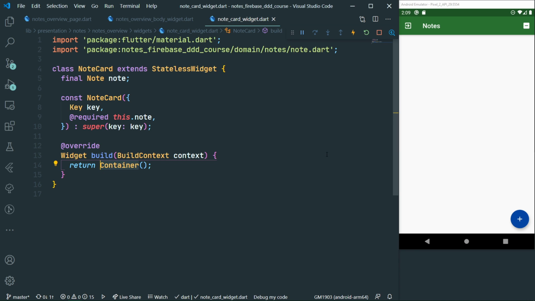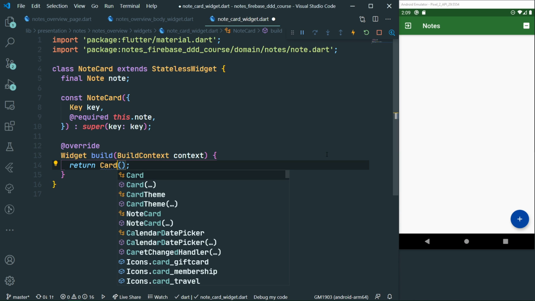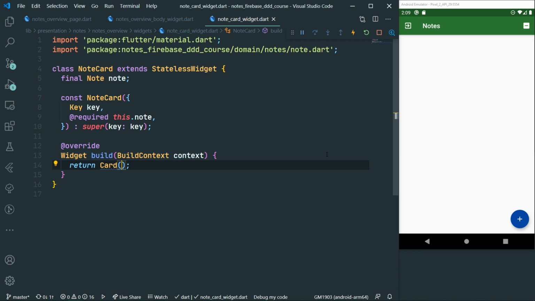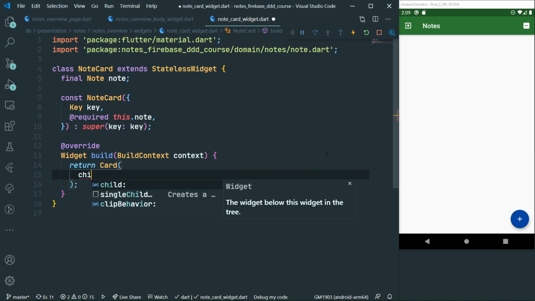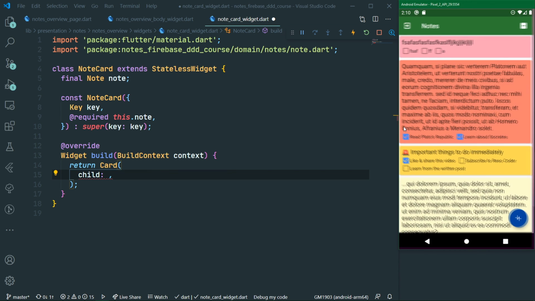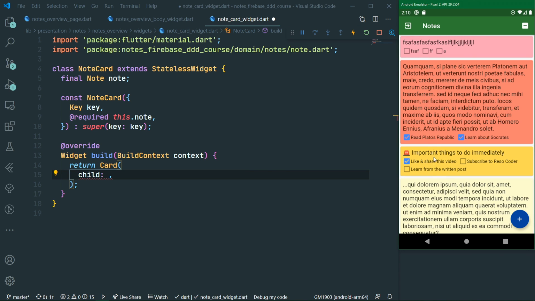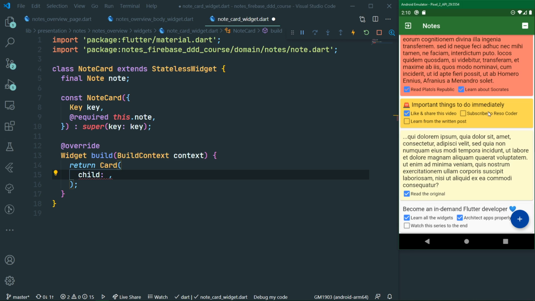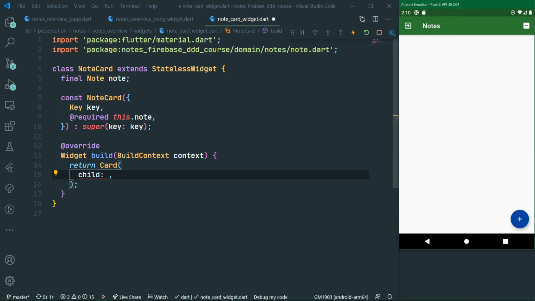Because it's called a card, it would be wise to display a card in there, a material card, and card can have a child, and this child should display things one under another. Firstly, it should display the body of the note, and then below this body, which I can actually show you in the finished app, there should be the to-dos. And if you want to display something below one another, that's the perfect use case for a column, right? So let's say column,